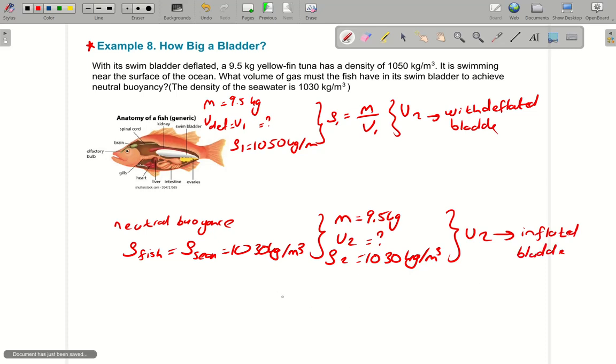Then if you look at the difference, V2 minus V1, you will find the V bladder, how much extra bladder volume you added, right? V bladder added later. That's the idea here, and that should be about